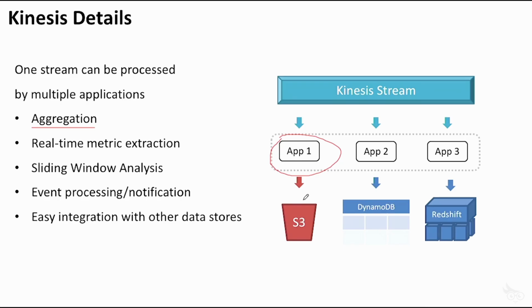It simply takes the events out of the stream, writes them to flat files, and stores them in S3. We might have another application that does real-time metric extraction and/or sliding window analysis, perhaps with windows of 1 minute. So every 1 minute, this machine is collecting data and doing totals and averages and whatever other kinds of aggregate functions we can think of, and storing those in DynamoDB so that yet another application can pull